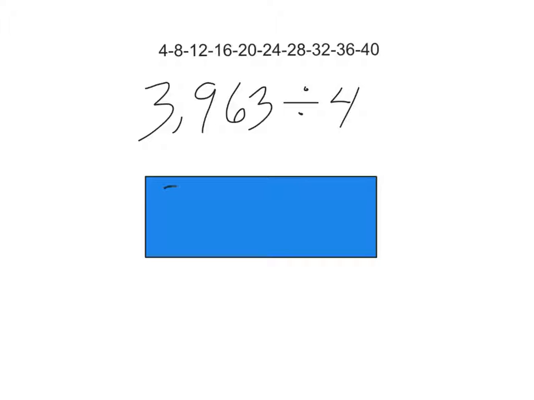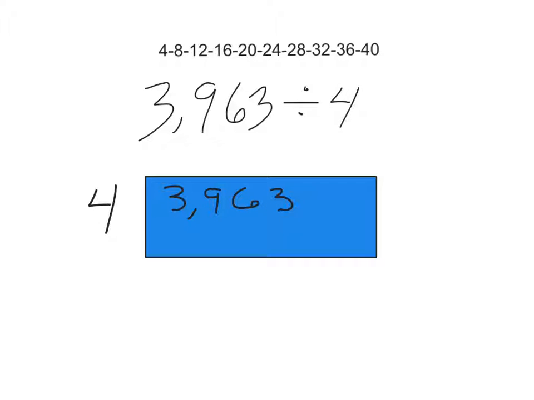I'm going to plug the 3,963 right inside the box, put the 4 outside of the box because that is my divisor. And now I'm going to see how many times the 4 will fit inside